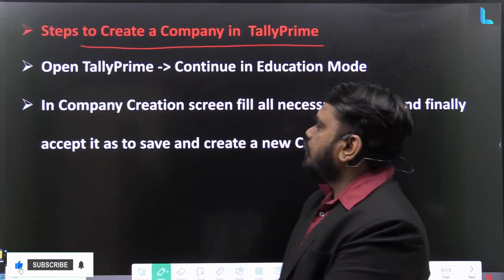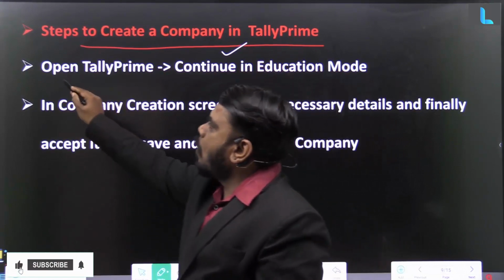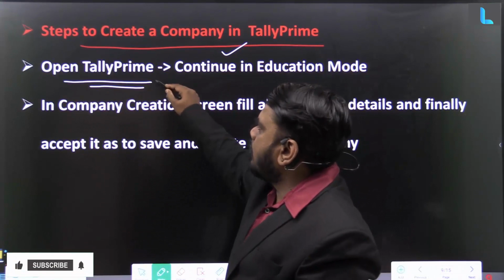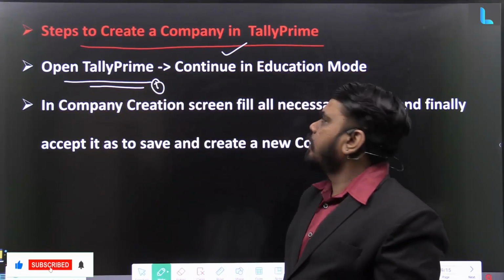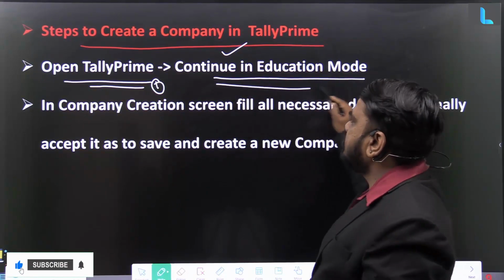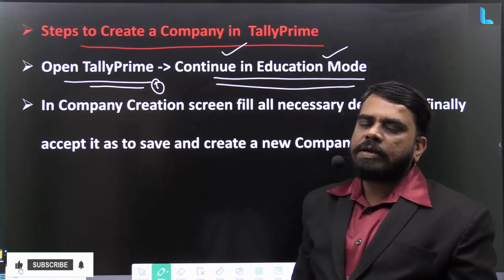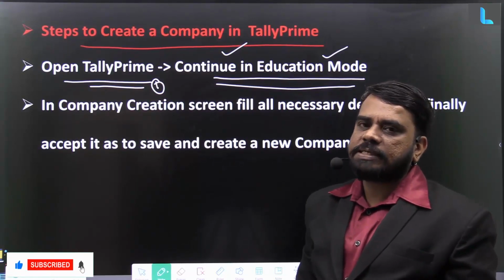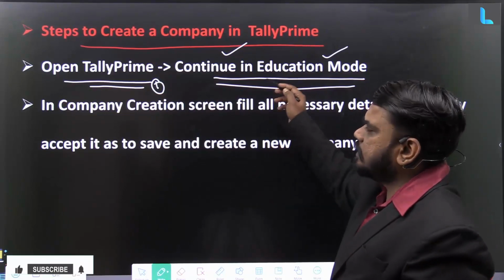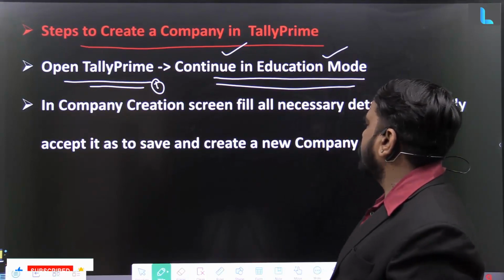So how do we create a company in TallyPrime? The first step is we are supposed to open the TallyPrime application software. Once you open it, we are supposed to continue. If we do not have the license of the software, we can continue in the education mode. If we are maintaining a company with a licensed version, then you can select the licensed version and press enter. Once the license is active, it will not ask anything, it will directly open the application. Then once the application is open,